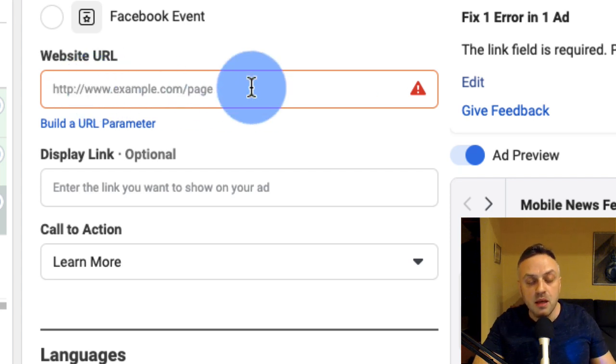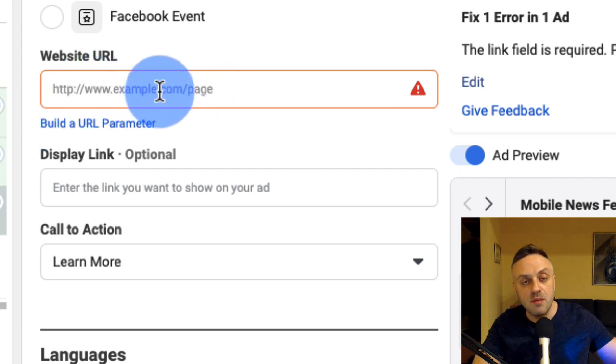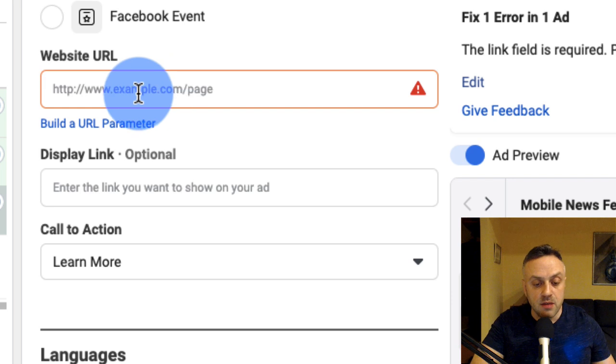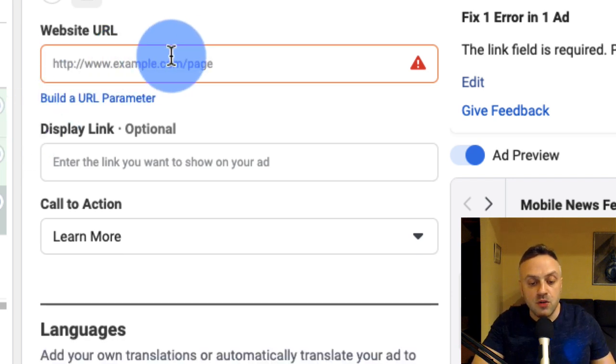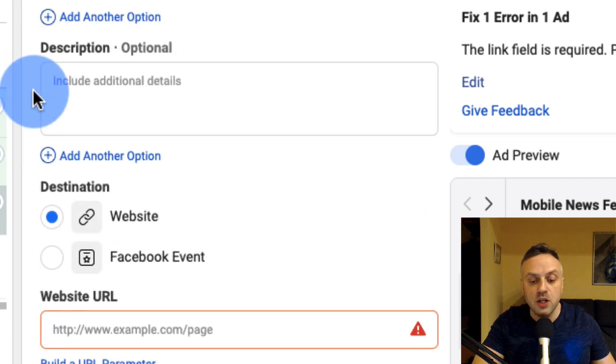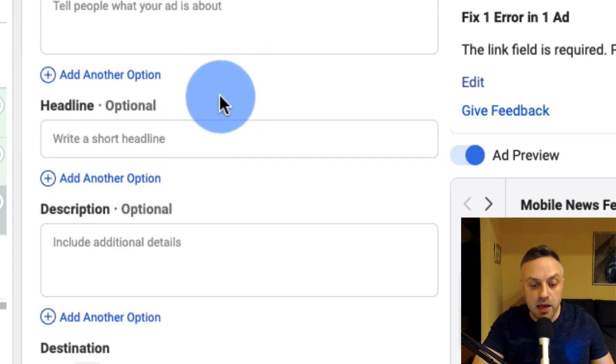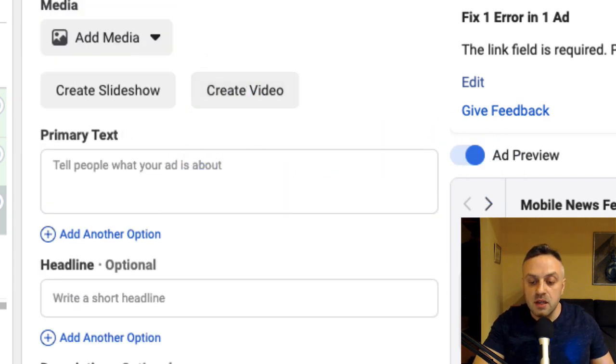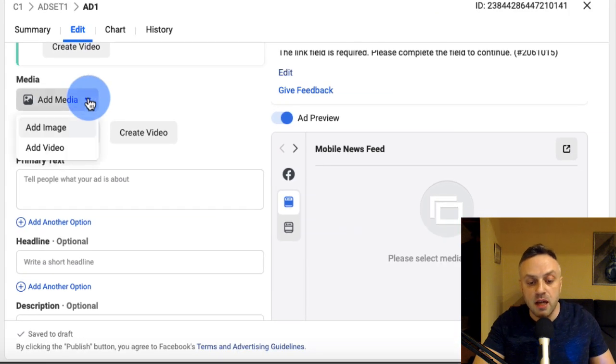We don't need bit.ly. We don't need any shorteners because it's either going to be to the actual website, or it's going to be to a landing page, depending on how you want to do it. And so this is where we enter our landing page. This is where I have the website. You can have a headline right here, primary text. It's going to appear before the image, right? We can add media.